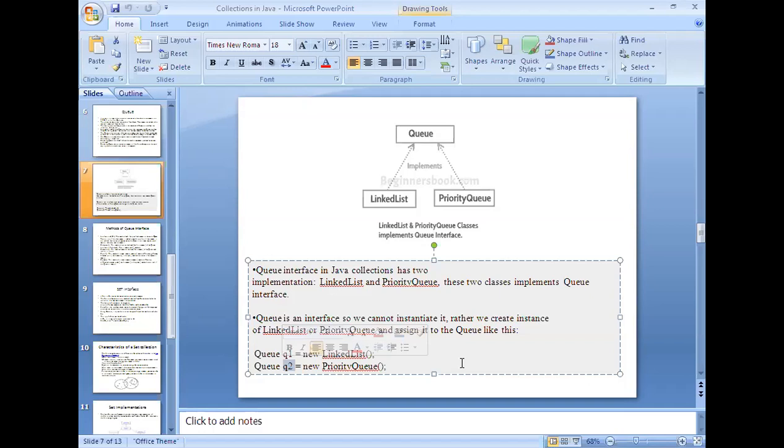Say, for example, in the operating system you may come across scheduling algorithms. While studying scheduling algorithms, you might have studied the shortest job first algorithm, SJF. In that case, whichever job takes the shortest time is processed first.